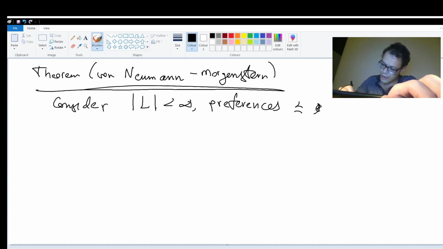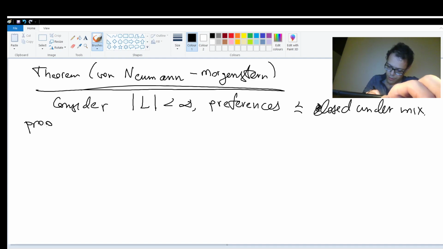Let me write it fully: preferences closed under mixing probability,